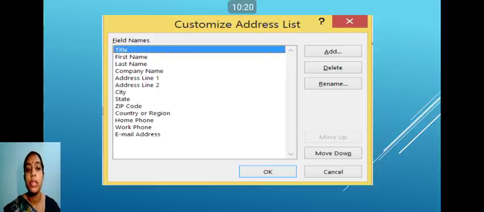Or you can change the positions of these fields by clicking on move down or move up. As I have chosen the first one, only move down is active, because above it no option is there. When you click on any other in between, the move up option will also be highlighted. After deleting whatever is not required, whatever is left, we have to click on OK.